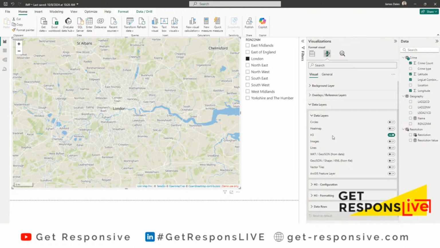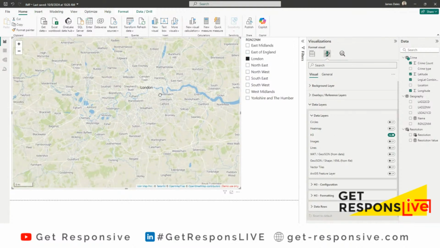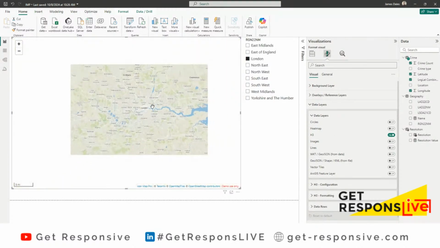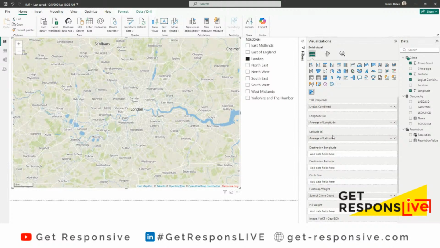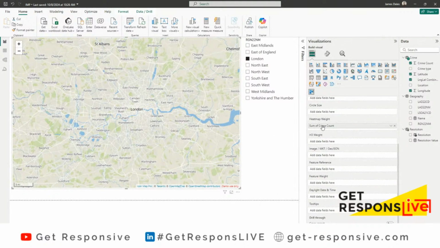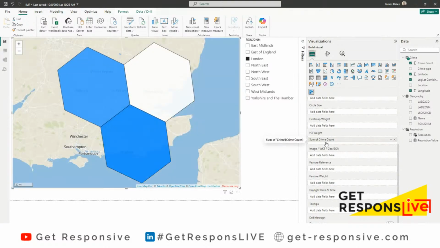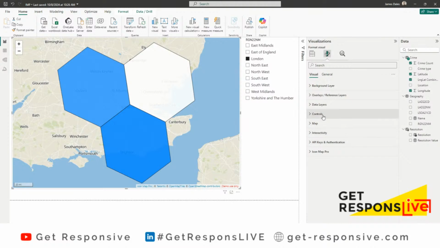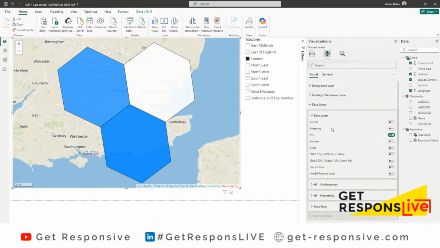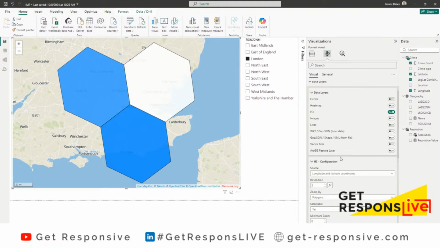And hopefully. Almost. What have I forgotten? Oh, live demo rule. I put it in heat map. You need to put it in H3 weight. Phew. Too many features. We get H3 hexagons appear, and then obviously we get quite large hexagons, but that's because